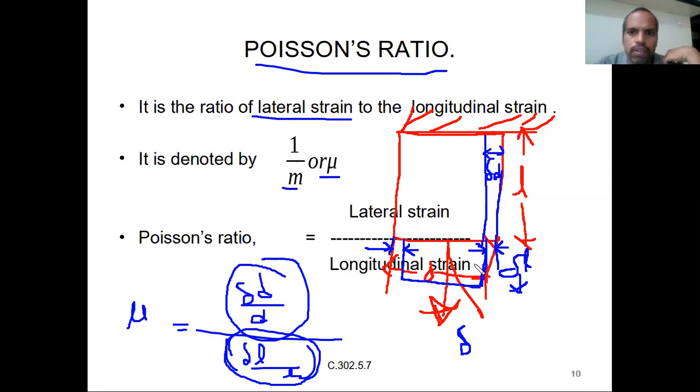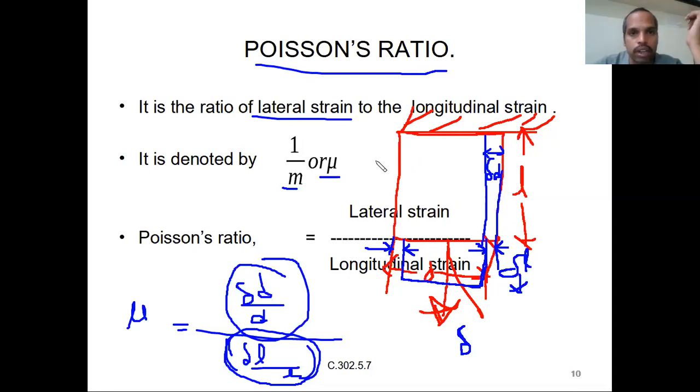So if the length increases, how much does the other dimension decrease? There will be some ratio; every material follows some ratio. If you take steel, and its length increases by 1 mm, then with some ratio its width or thickness or some other lateral dimension decreases. For another material like rubber, if the length increases, it decreases with some other ratio. The ratio will be constant for each material.